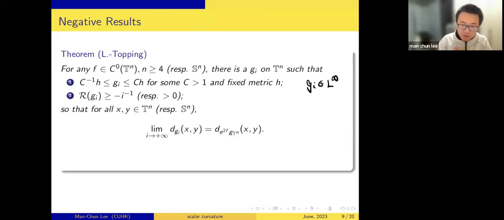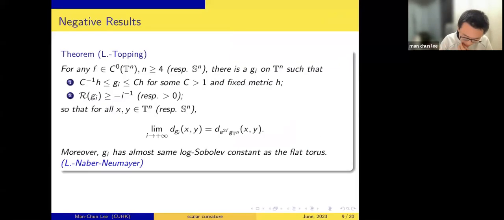Of course you can choose some random function f such that this metric does not have non-negative scalar curvature. The scalar curvature of this one can be crazy, because I only require f to be continuous. This is just a random metric which is conformal to the flat one, so the scalar curvature can be anything, well, not anything, but at least not non-negative. So it basically says that even if you strengthen the distance in dimension bigger than or equal to 4, you can't expect too much. And actually, in fact, the sequence has almost